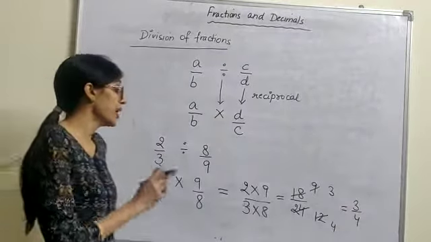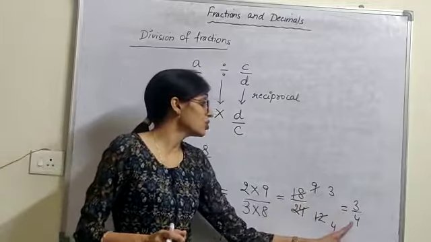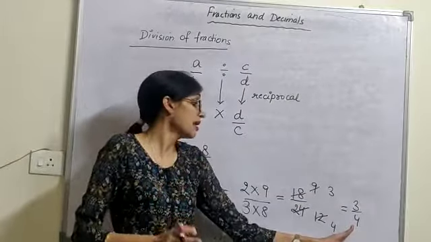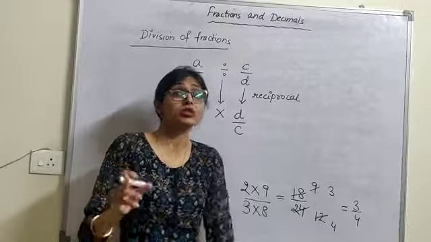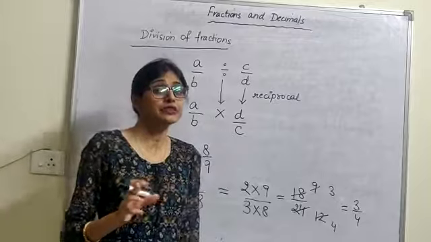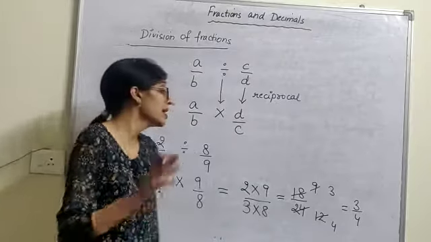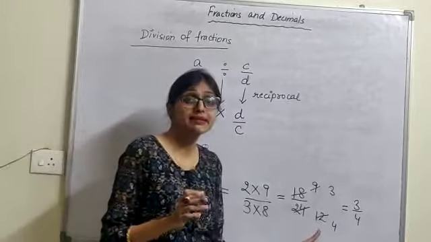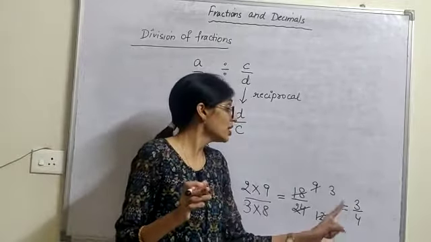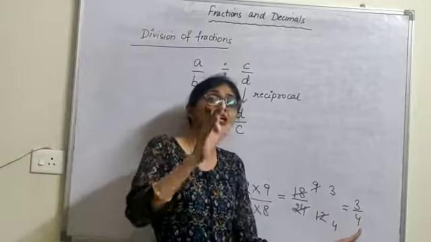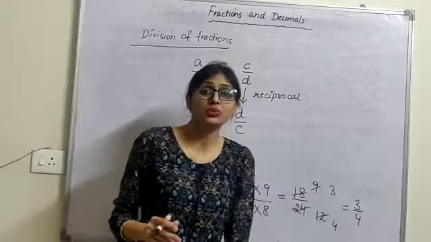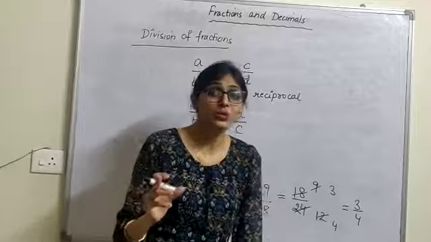Okay. You have to reduce every answer which comes. You have to reduce that number to the lowest form. Because if we do not reduce the number to the lowest form, then the answer will be considered as incorrect. Because we have to reach the final lowest value. Okay, so you have to convert the fraction to its lowest term.